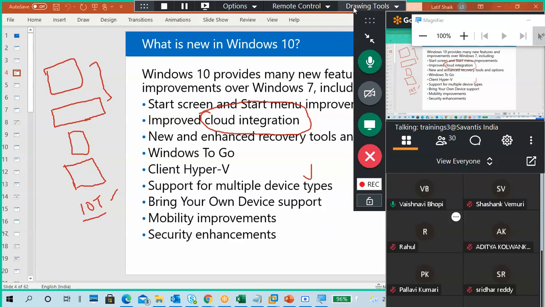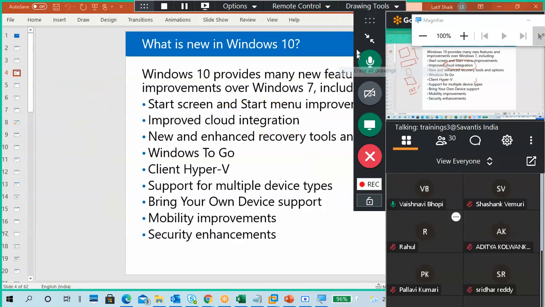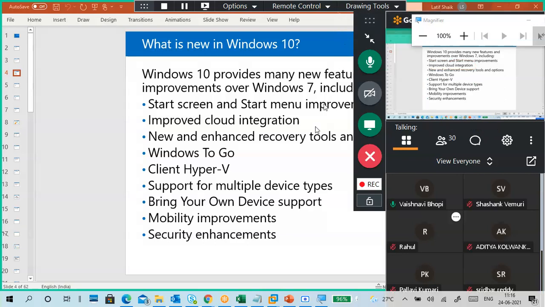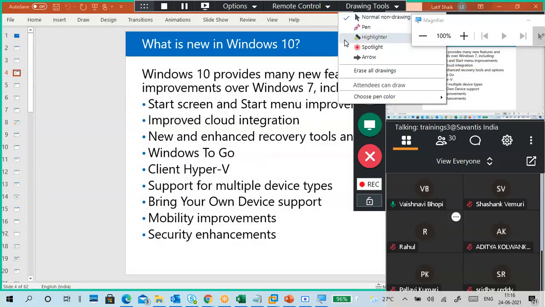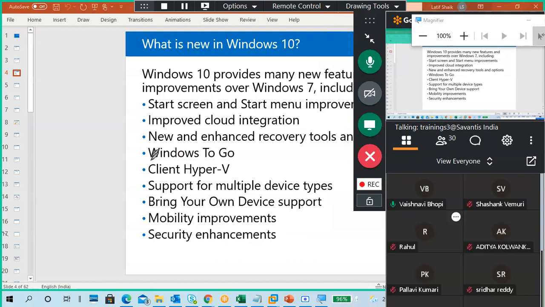Different hardwares also it will support. The question is based on what we know. For example, I didn't explain mobility improvement, security enhancement, multiple device support, because confidently we can't say about it normally. Both are the same.